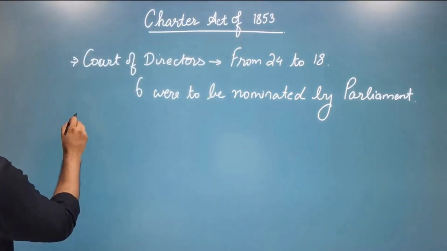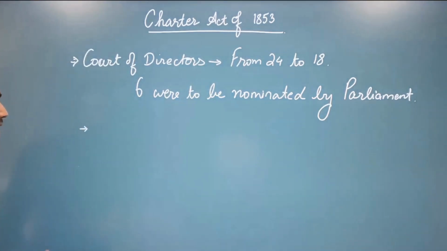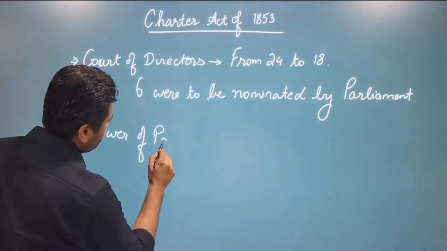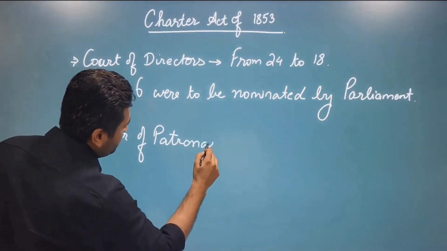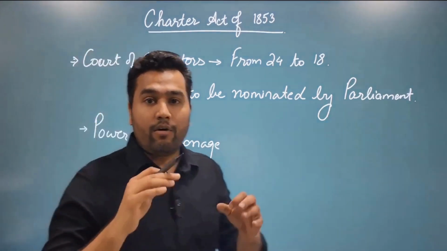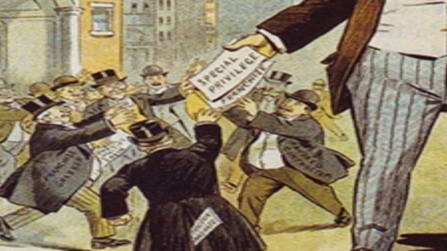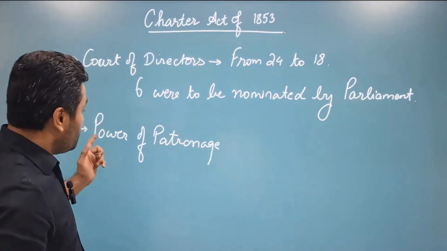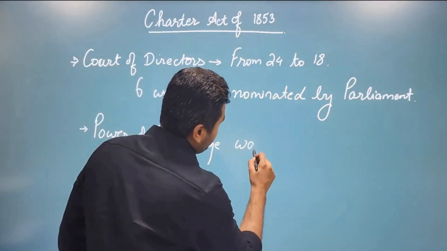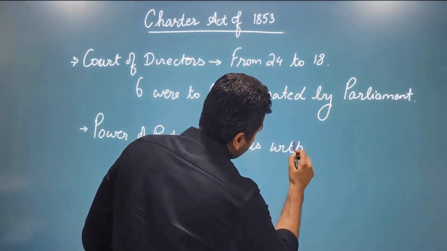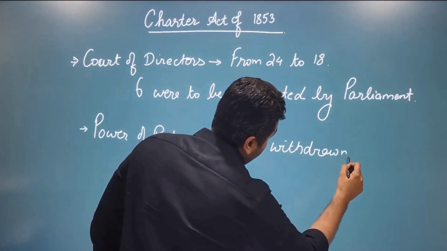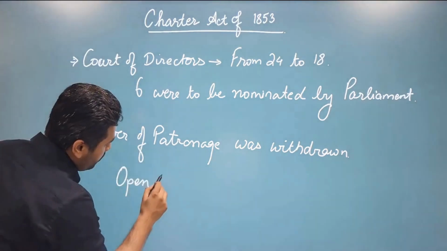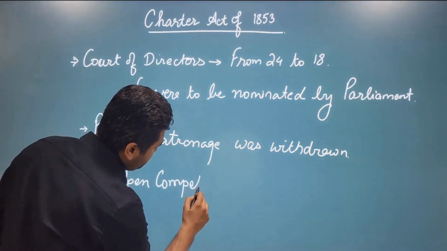Secondly, we have seen that the Court of Directors had the power of patronage. What do we mean by power of patronage? It means that officials in India, whether it is Governor General or governors, were all appointed by the Court of Directors. This power of patronage was withdrawn. And instead of this, open competitive examinations